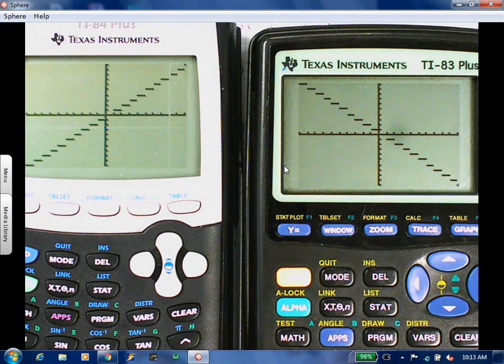Okay, Nate, make sure you're doing this right. Remember, you have to retype the whole thing. If you press enter on the equal sign, it turns into